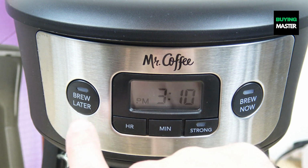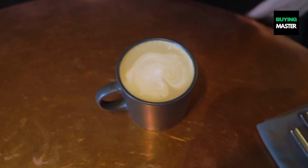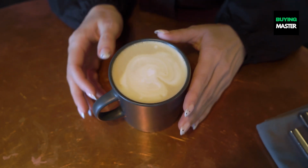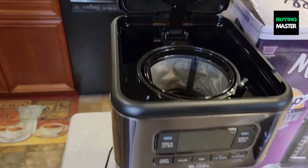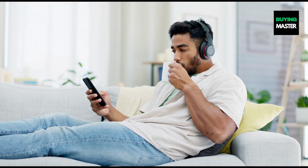Alongside the programmable timer, the Mr. Coffee also has an auto pause feature, allowing you to grab a cup mid-brew without causing a mess. A great touch when you just can't wait. Additionally, the Mr. Coffee offers several customization options, including a strong brew setting for those who prefer a bolder, richer